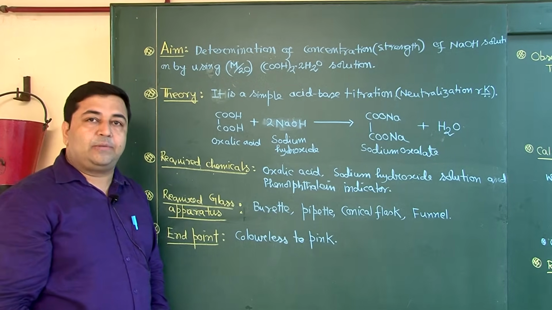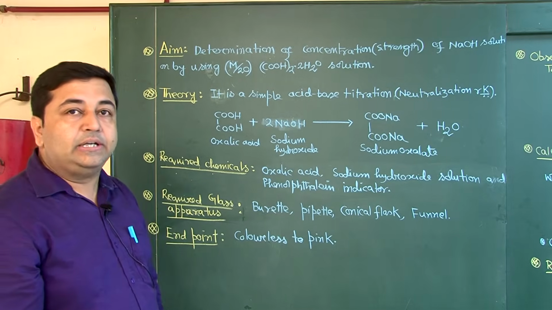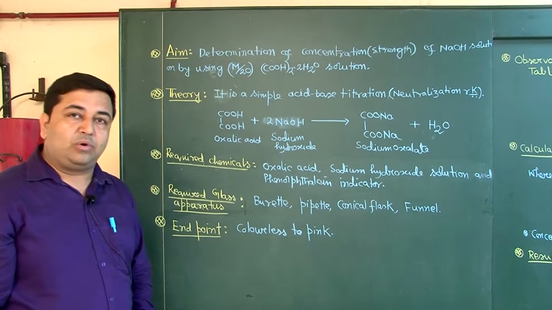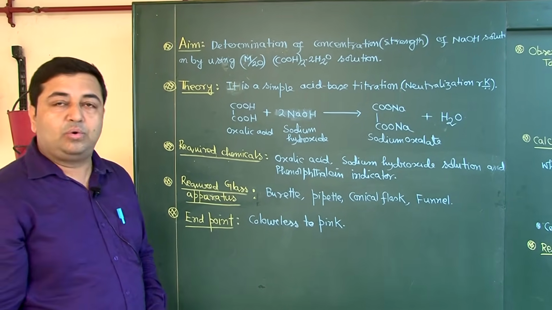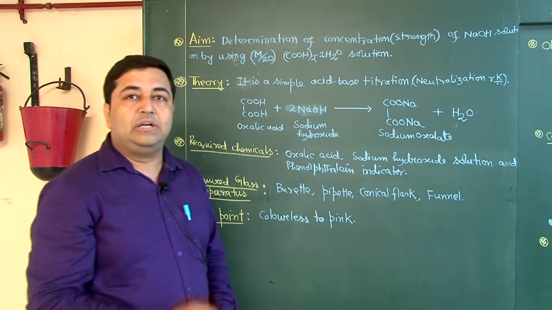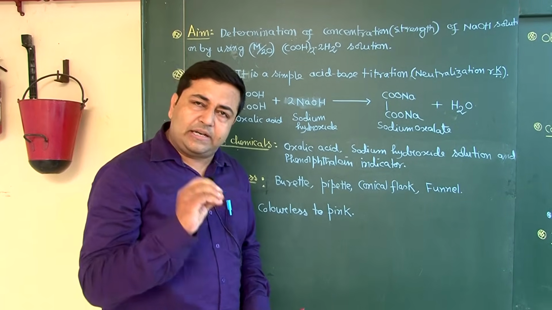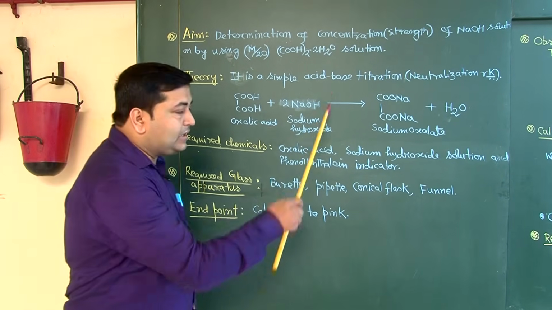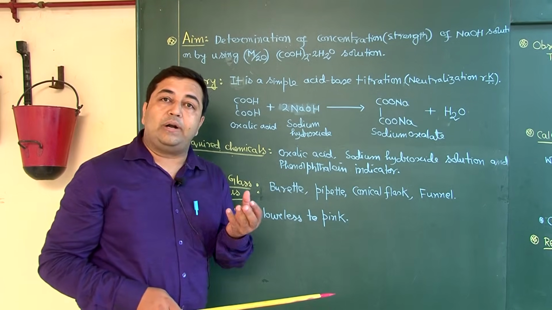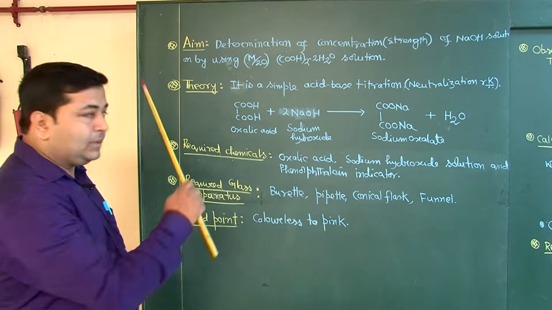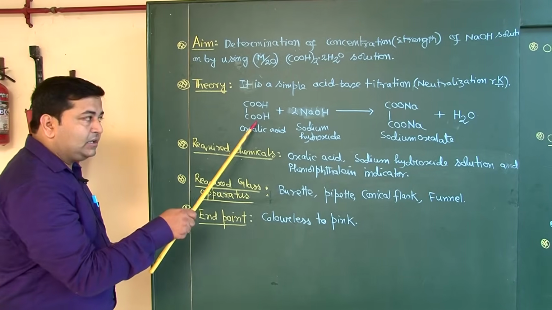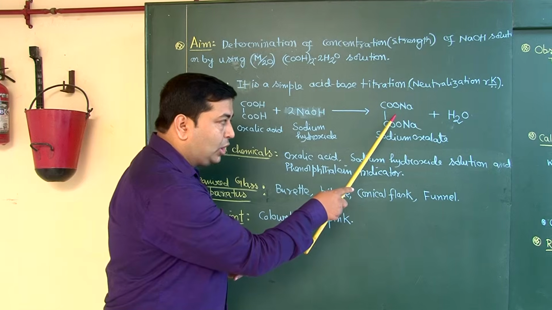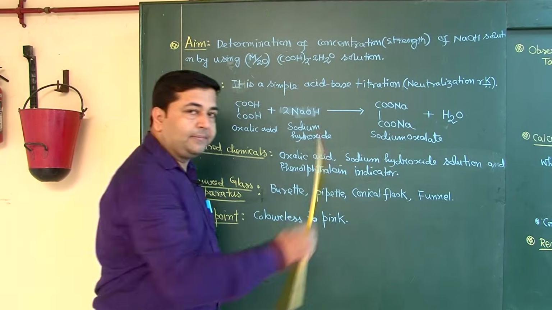Before going to the activity part of this practical, at first we will focus on the theoretical part of this practical. From the name of the practical, I think you understand what is going on, what is the chemistry behind it: sodium hydroxide solution reacting with oxalic acid. So, it is basically a very simple acid base titration, and that means ultimately one neutralization reaction is going on. See the chemical reaction, oxalic acid reacts with sodium hydroxide, one base, and it forms one salt, this is sodium oxalate, and water.